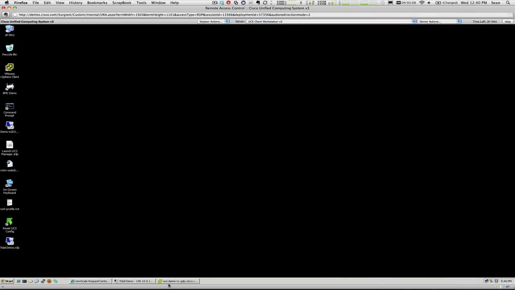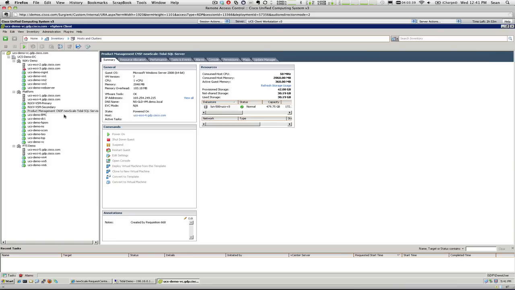So now if we launch and open the actual vSphere infrastructure client, we can take a look and see the result of the output from that user request. So here in our existing platform, in this one data center cluster as defined inside of vSphere, inside of vCenter, we see our actual named VM with the prefix product management, but there's the title that we gave it, CNSF newScale Tidal SQL Server, and our SQL Server VM has been provisioned for us